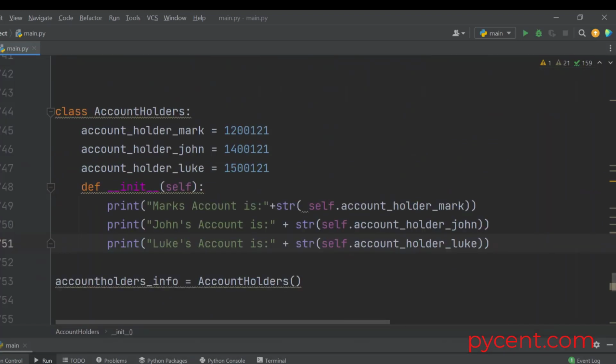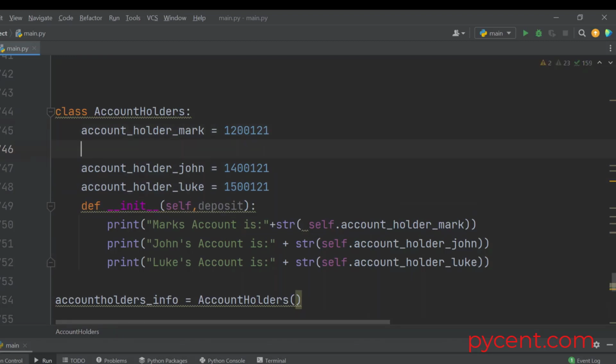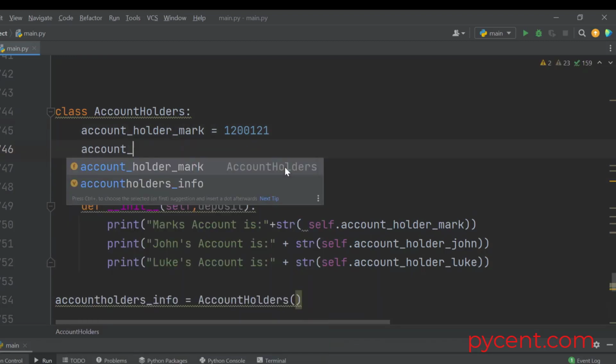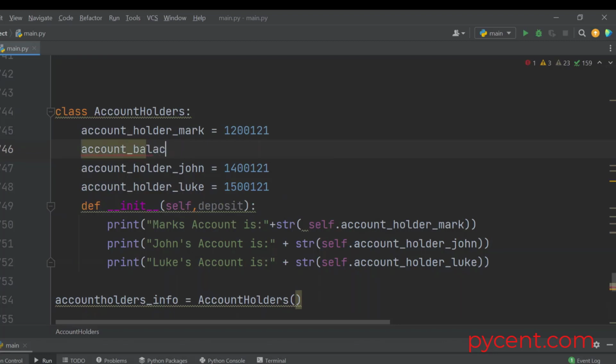Now you see a very important aspect. I can simply create an object. The minute I created the object, I'm getting the information displayed. Now what if I can send in some calculations? I'm going to make a deposit there, and I will just create another set of variables for Mark, John and Luke. So I will say account balance is equal to, say, 100,000,